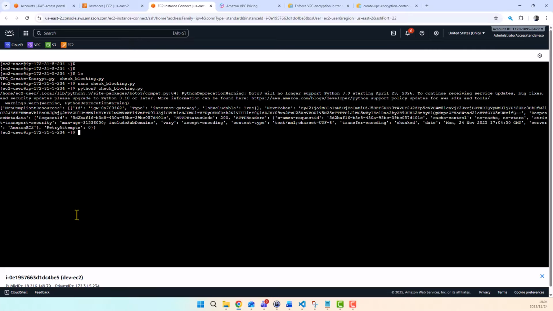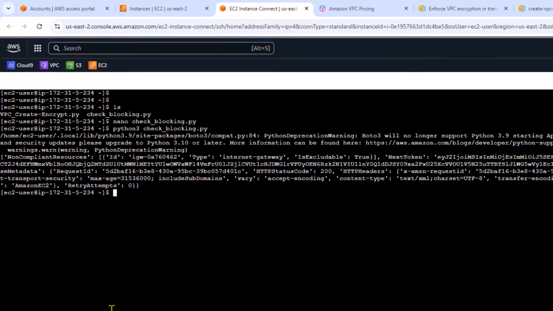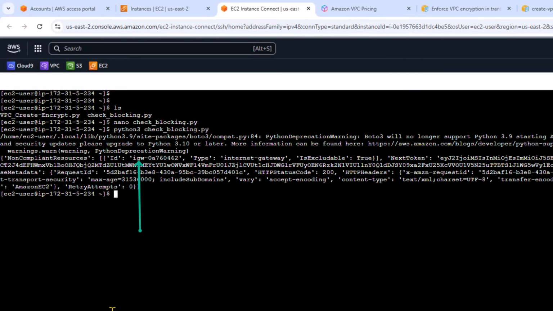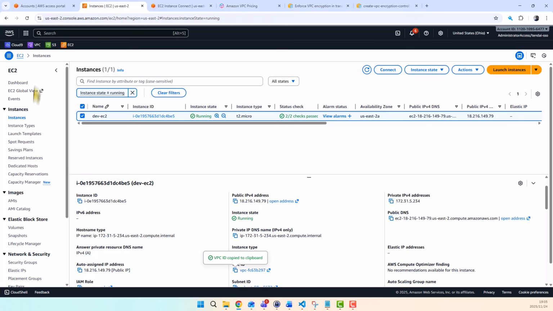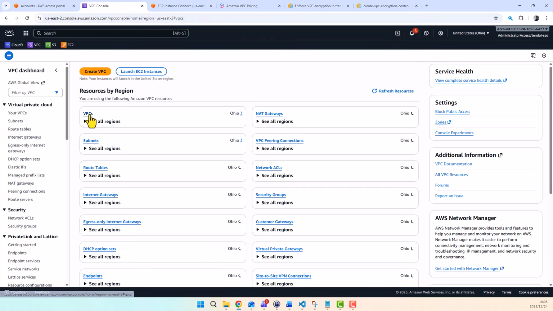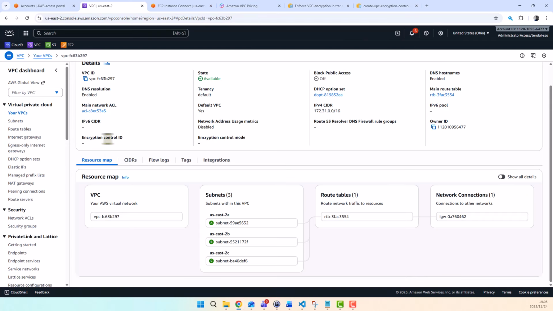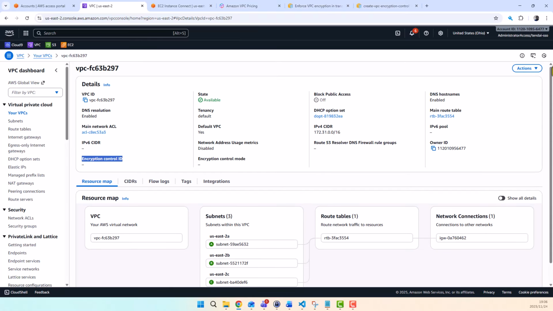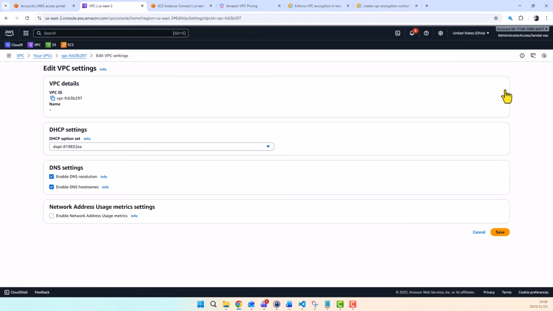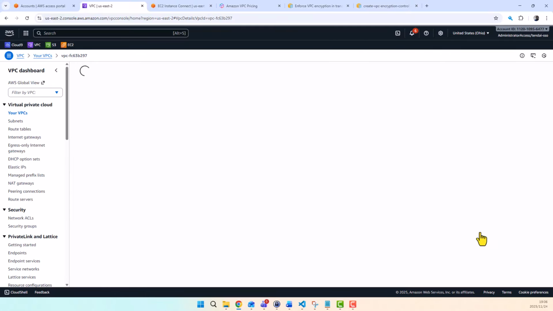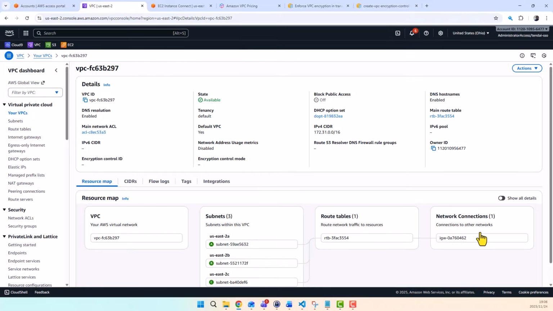After running the script, we see the internet gateway listed as a non-compliant resource, meaning enforcement can't be enabled unless the IGW is removed or excluded. Back in the VPC console, select our default VPC. There's no encryption control ID because enforcement isn't enabled by default. Under Actions, Edit VPC Settings, there's still no option to enable encryption enforcement. This confirms that enforcement on an existing VPC can only be enabled through the command line or other non-console methods,